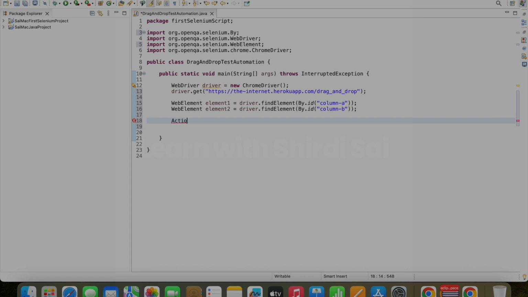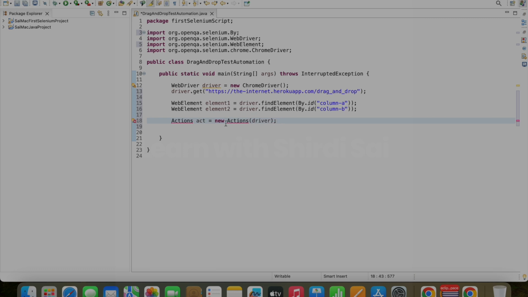Okay, so write Actions, and I will give the reference like act equal to new Actions. In the bracket you can give driver. I'm passing this particular driver inside this. Okay,